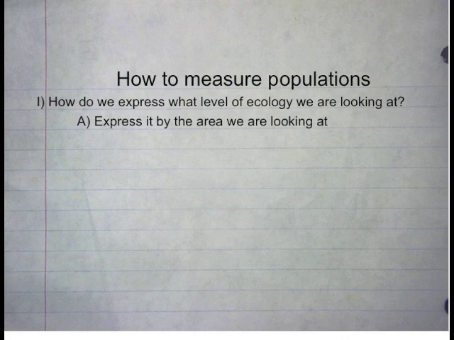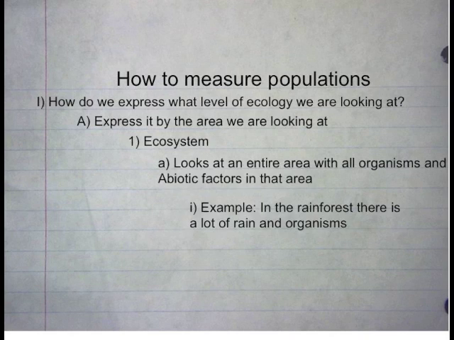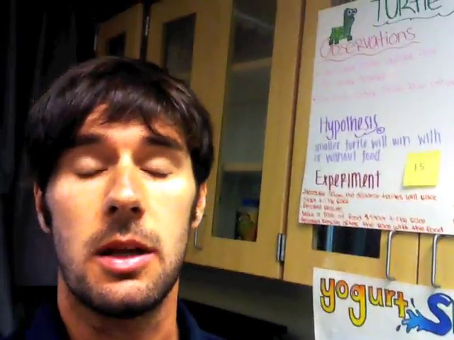How to measure populations. How do we express what level of ecology we are looking at? We express it by the area we are looking at. Ecosystem looks at an entire area with all organisms and abiotic factors in that area. Example, in the rainforest there's a lot of rain and organisms. If we were to talk about looking at a system organization of an ecosystem level, we would be looking at